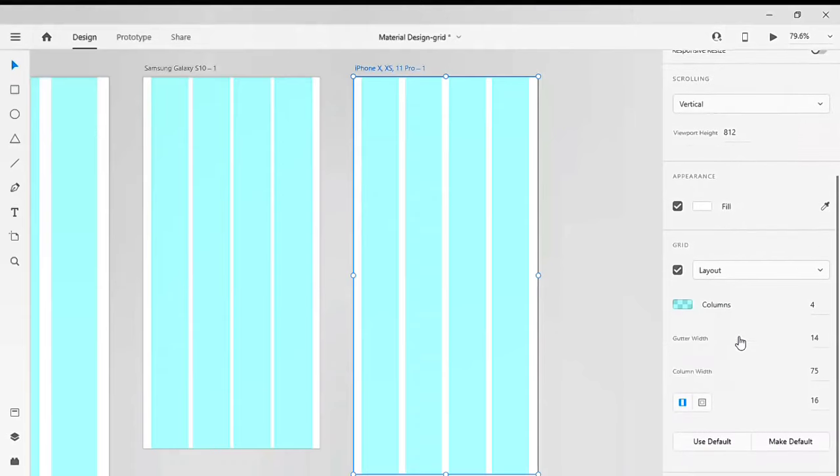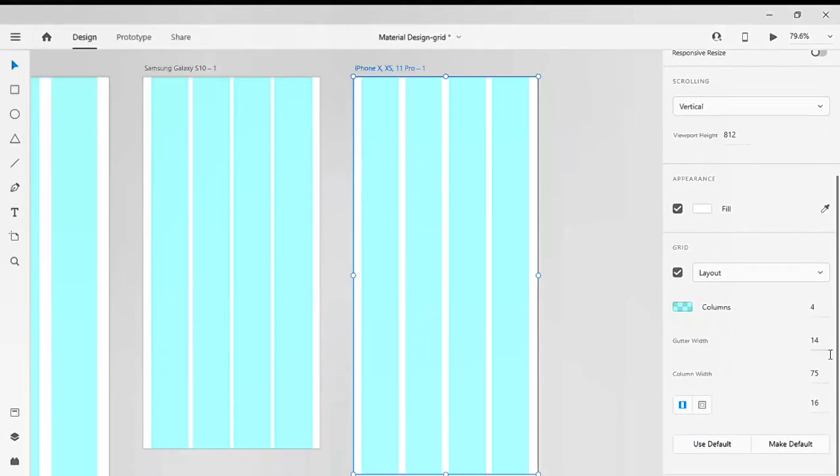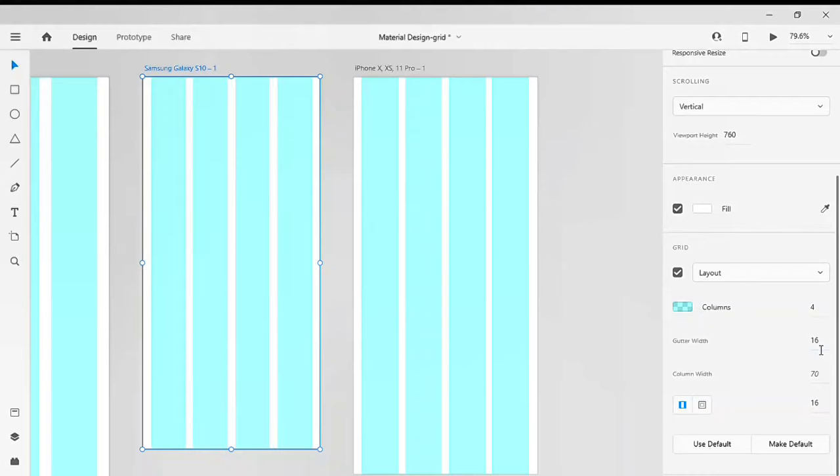One thing you'll notice here, we have given a gutter width of 14 as well as margins of 16. But at 360, we have given a gutter width of 8. So the gutter width is customizable. I can turn this 8 into 16 if you want to make the gutter width more spacious in the mobile. And even I can turn this 16 to 24. If you want more breathing space in between your components as well as the elements, you can increase your gutter width with custom values.